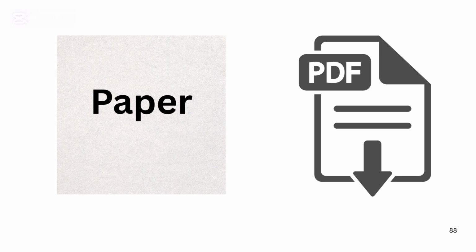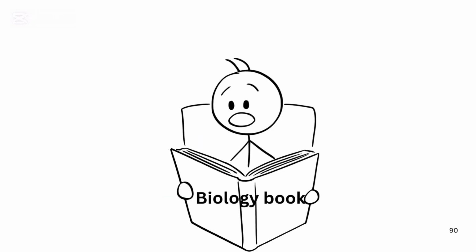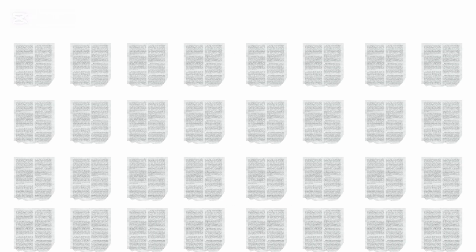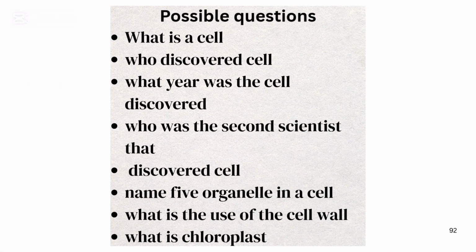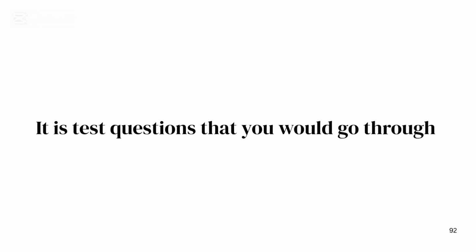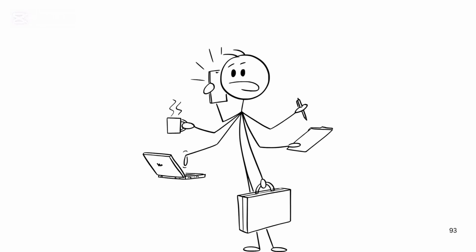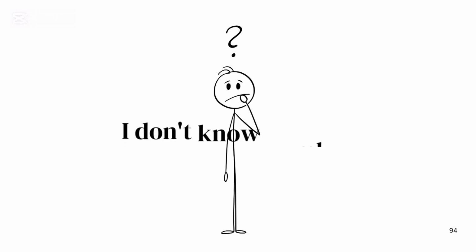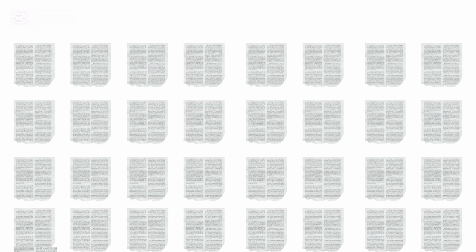Fourthly, when you have the questions on a paper or a PDF, the next time you study for the exams, you will not go to your 30 pages of material to read. It's the questions that you wrote down, whether the 100 or the 97 questions that you wrote down. It's those questions that you go through and see how you can answer those questions. And if you don't know any question, let's say you don't know number 7, you go back to your 30 pages and find out what number 7 is.